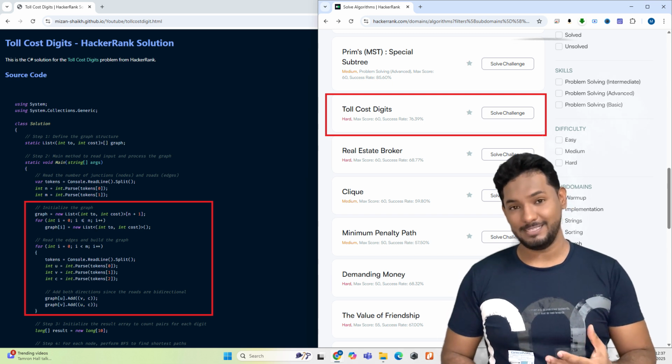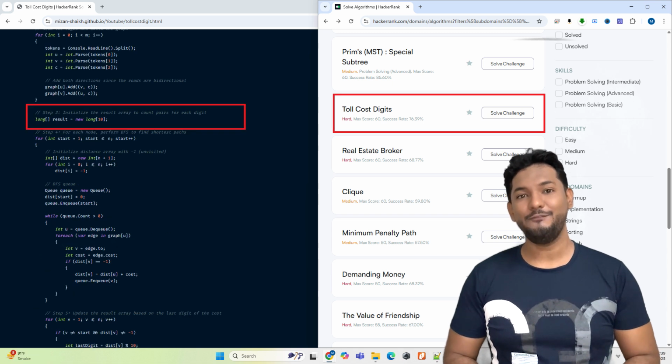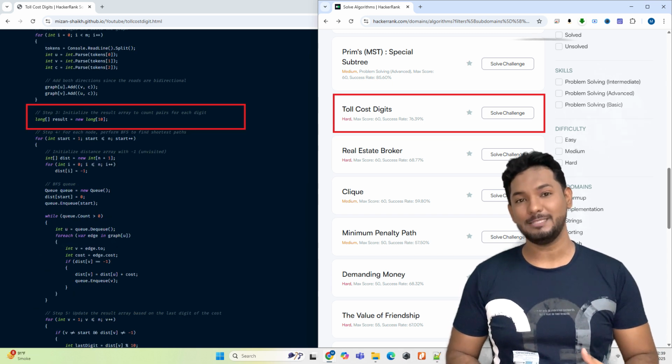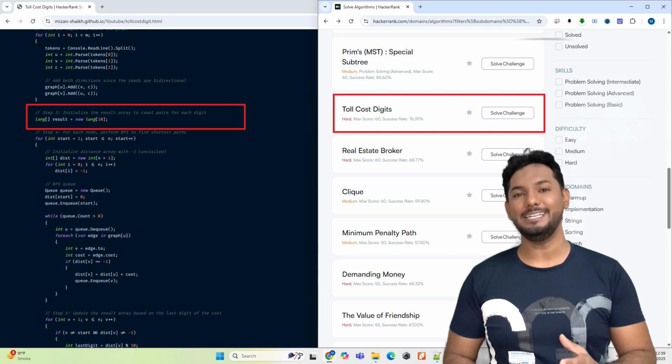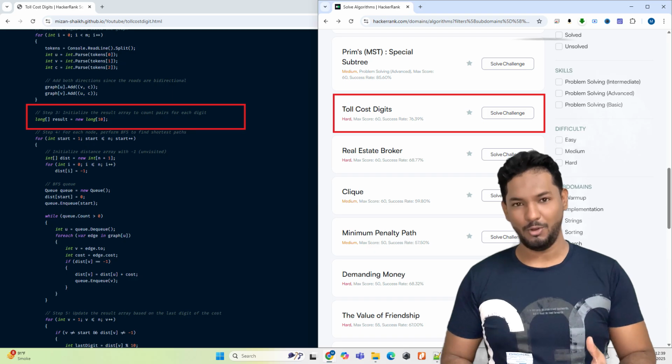With our graph constructed, we need to initialize the result array. This array will keep track of how many shortest paths end with each digit from 0 to 9. Why is this important? Because at the end of our processing, we want to know how many paths cost correspond